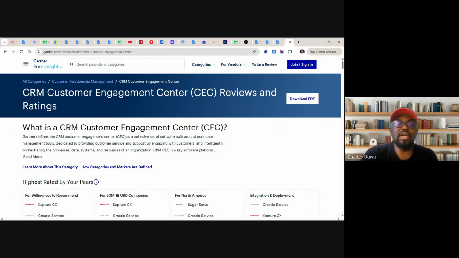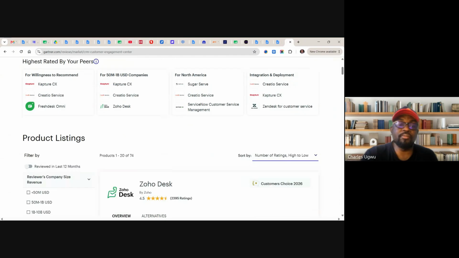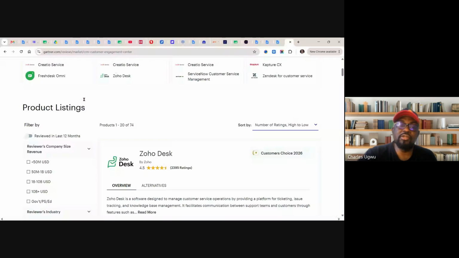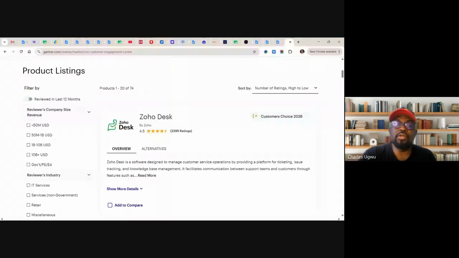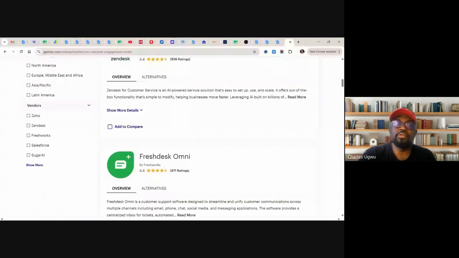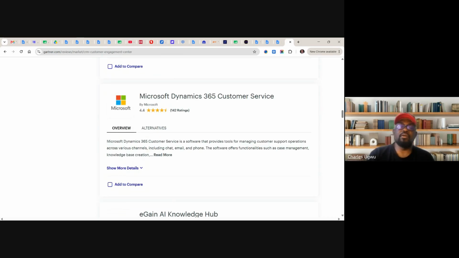So what is a CRM customer engagement center in Gartner? This is where we do all the analysis. They provide all the analysis from here. From product listing, for instance, we want the CRM system. You see all of them listing. They are listing all the CRMs. So if you want to start analysis with Gartner,